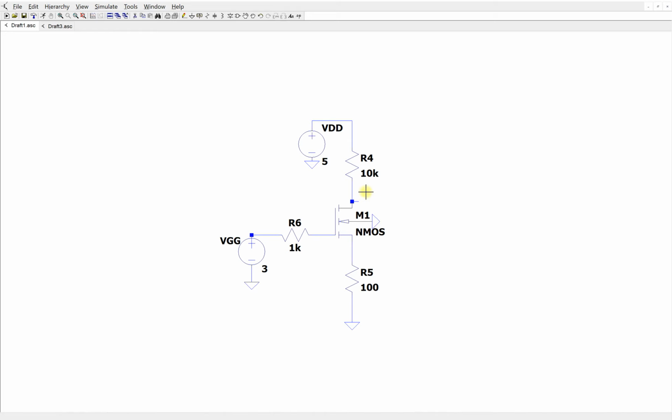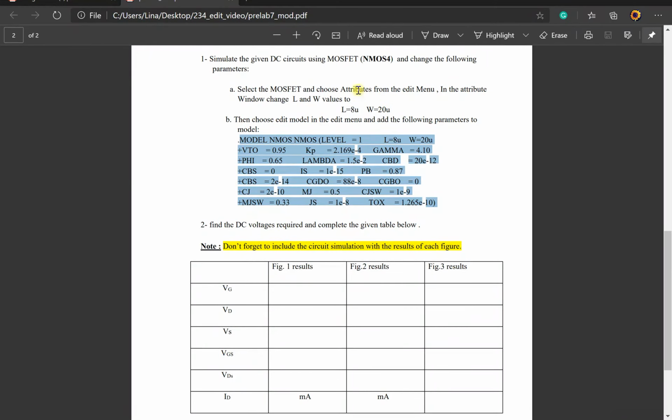I'll need to add the model for the transistor since there are no pre-provided models for the MOSFET in LTspice, and I'll need to edit the length and width of the channel of the MOSFET used. So I'll have to go to the pre-lab. In the pre-lab,